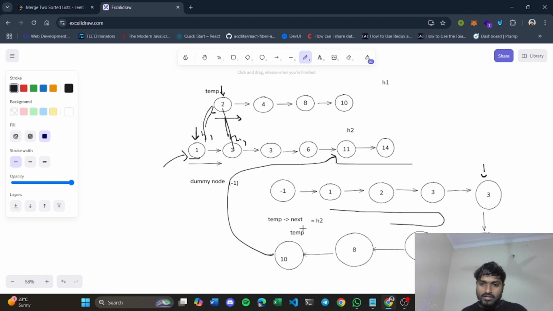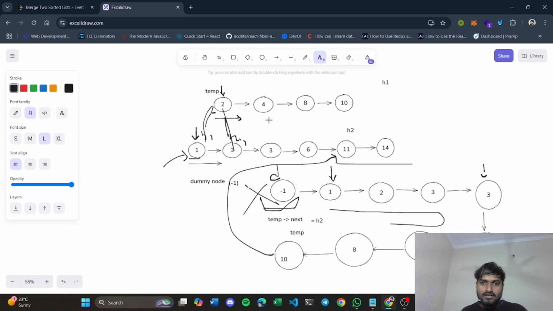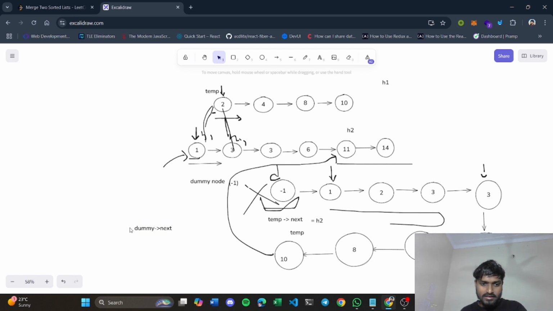And at the end you have to return your head of the combined linked list. So what is the head here? You can see here we had created a dummy node here, so we don't have to return this head, right? We have to just return from this point, right? Since this is dummy, you will basically return dummy next. We basically have to return dummy next pointer, right? So it will store the head of the required combined linked list. So this is the way you have solved this question, right?